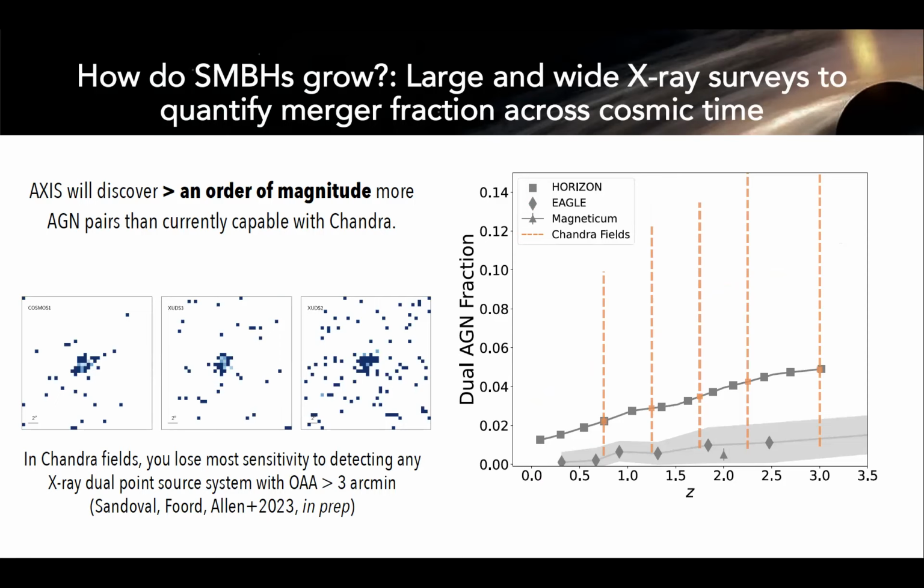And we're getting stuck because of the off-axis angle of Chandra. So we're finding that once you reach off-axis angles around 3 arc minutes or more, it becomes really hard to find a dual AGN because the PSF is just naturally extended in that region. And what I'm overplotting now on this figure is the predicted dual AGN fractions just from our Chandra samples.